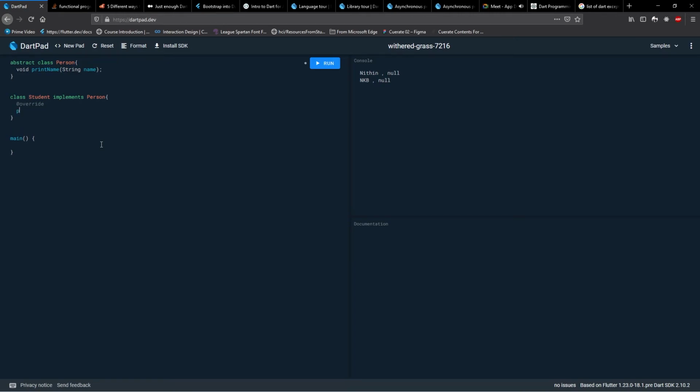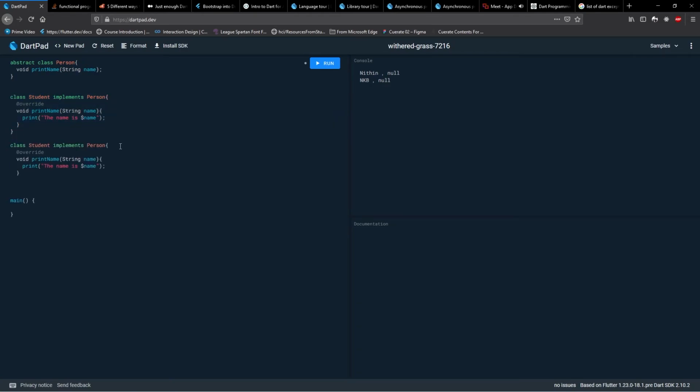Override void printName of string name, print the name is dollar name. Okay, I don't know if the compiler will allow me to do this, but it's fine.